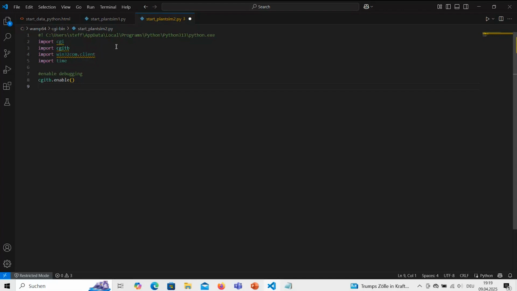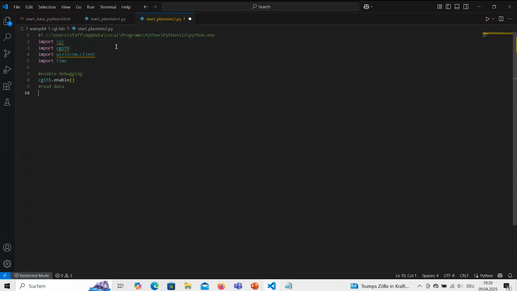One problem if you develop such web server applications is that you find the debugging information in the log file of the HTTP server. And so you need to switch between your programming and the log file of the HTTP server to see what happens if the program isn't running. So first I want to read the data that the Apache server is sending to this application. And for reading the data, I need the cgi here.